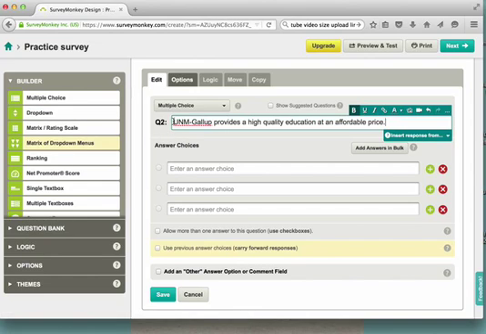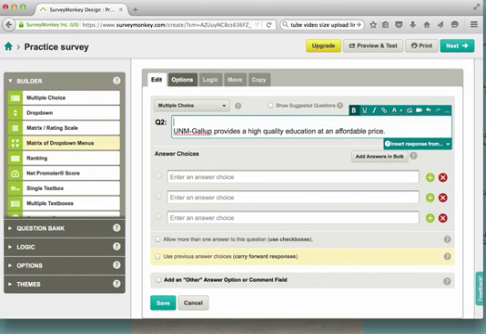Okay. Another important thing is that you always provide clear directions. So I'm going to go back to the beginning here and add directions. Read the following statement and choose the most appropriate response. I think that is the standard agreement scale directions. So we're going to highlight that and italicize it so it's clear that those are the directions rather than the